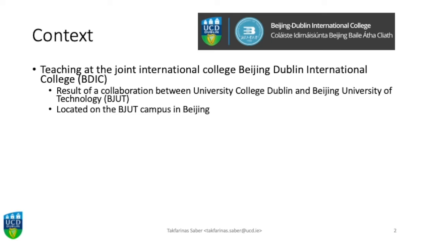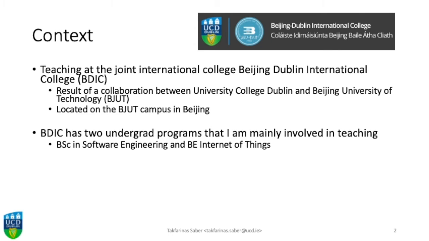This joint international college is located in Beijing, and what we do there is teach students who are mainly Chinese for various types of degrees. I'm personally involved in teaching in two undergrad programs. The first one is the Bachelor of Science in Software Engineering, and the other one is the Bachelor of Engineering in Internet